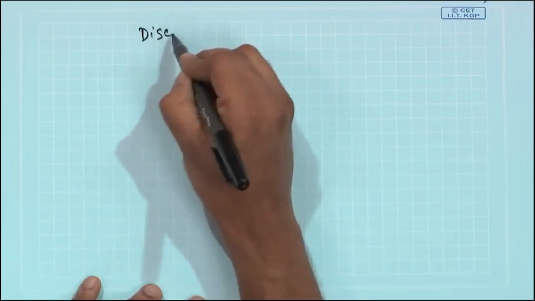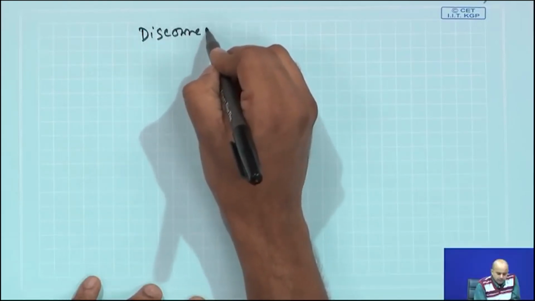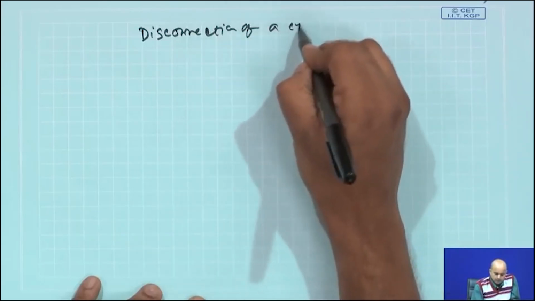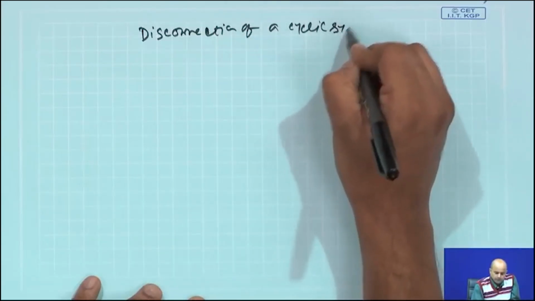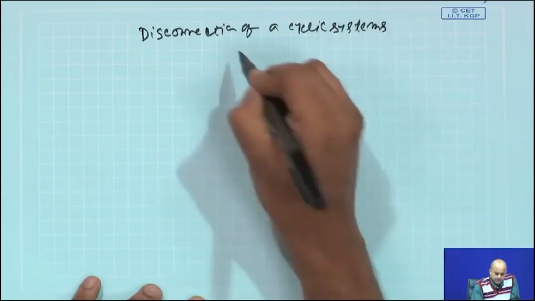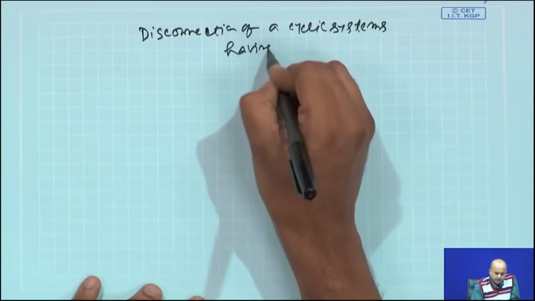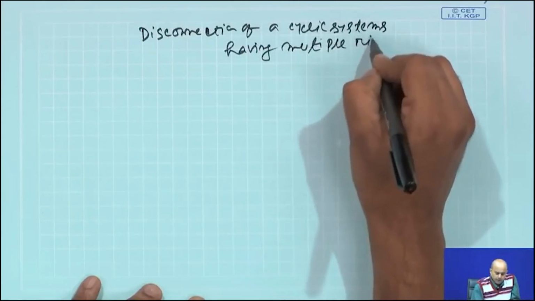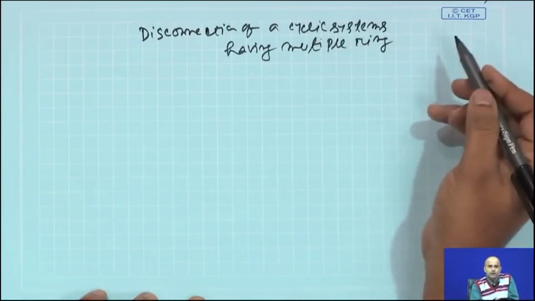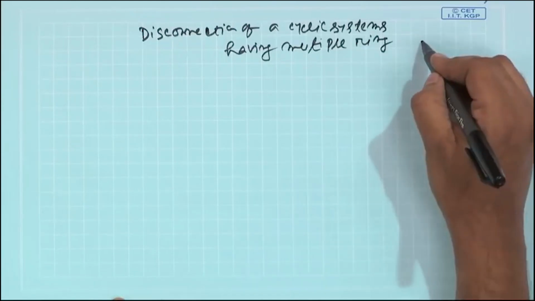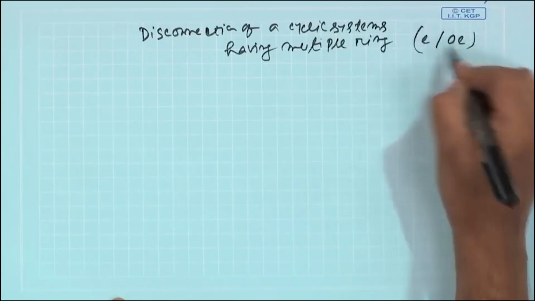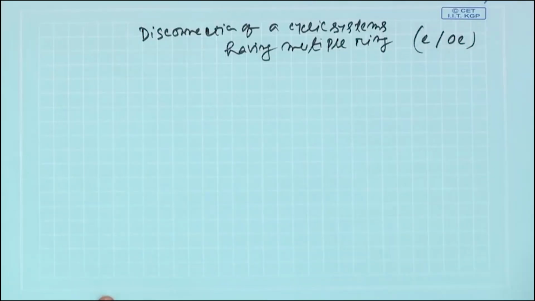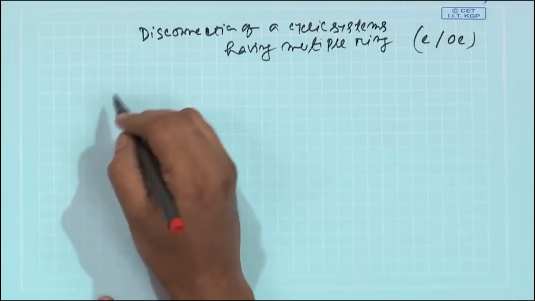Today we will talk about similar things, but we will give a heading: the disconnection of cyclic systems having multiple rings. We have already talked that if you have a spirocyclic compound, normally exo or endo bonds are good strategic points of disconnection. Now, the target molecule which I am going to discuss